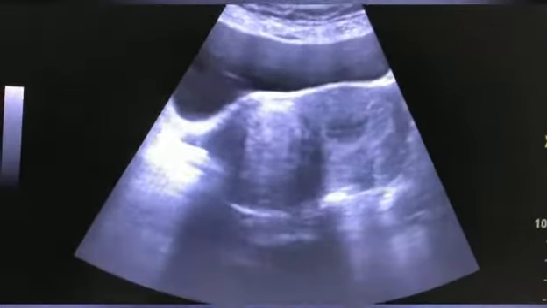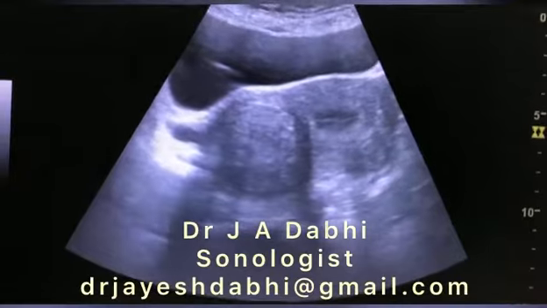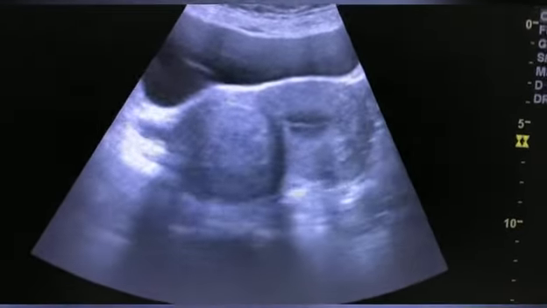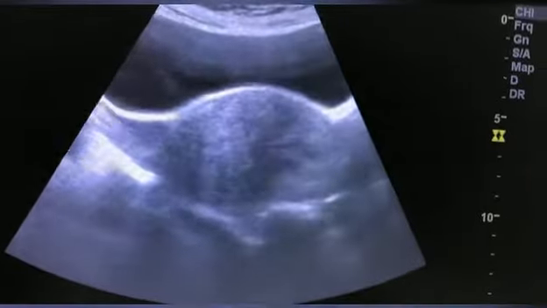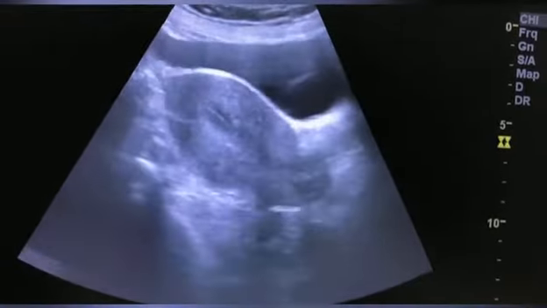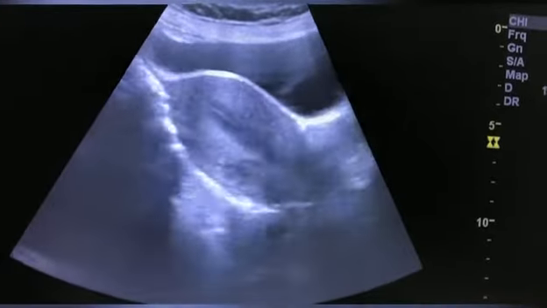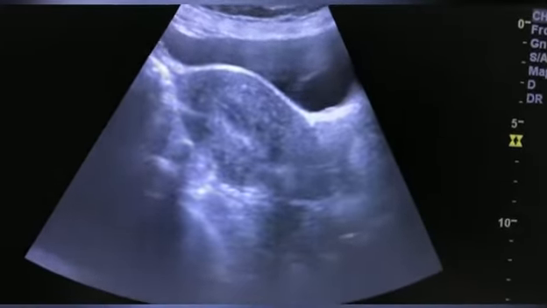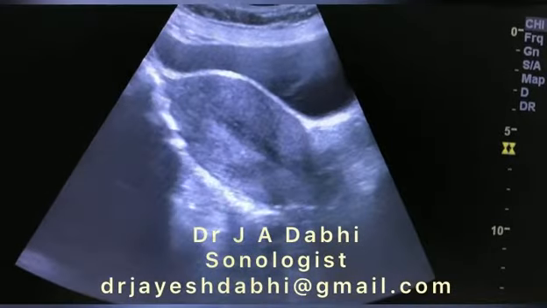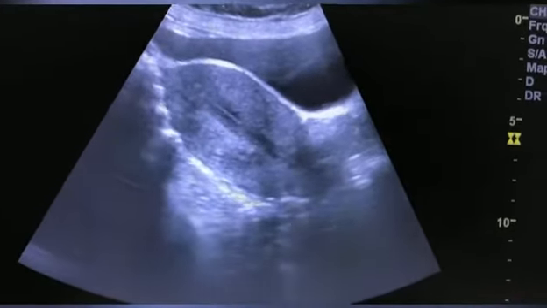Now this video is to show how to locate the fibroid, whether it is intramural or subserosal, extramural. So there are some protocols to reach the diagnosis of the location of the fibroid. First of all,